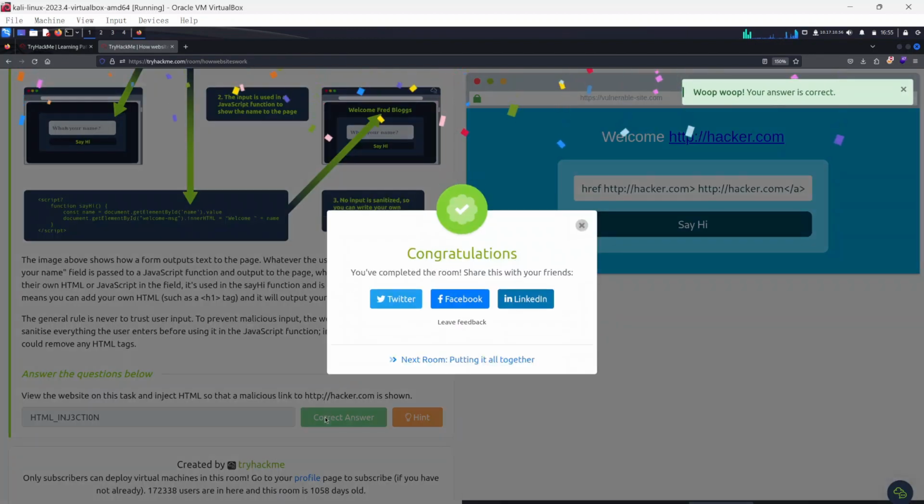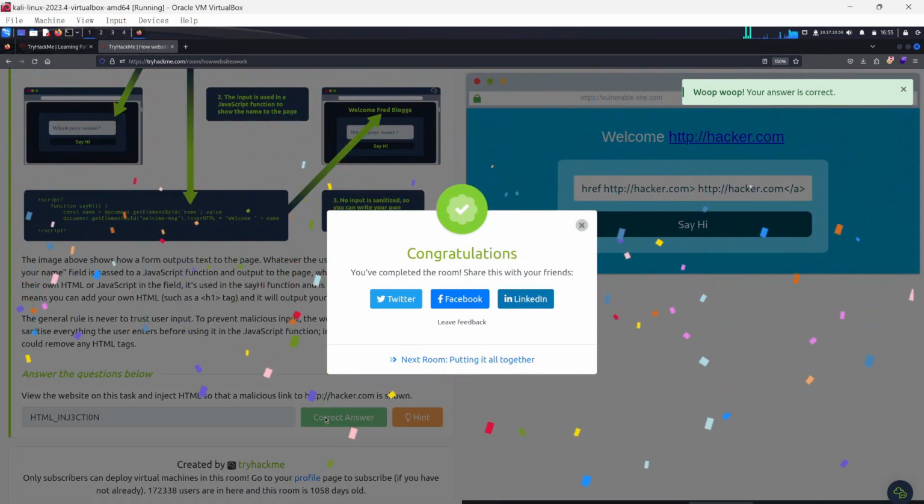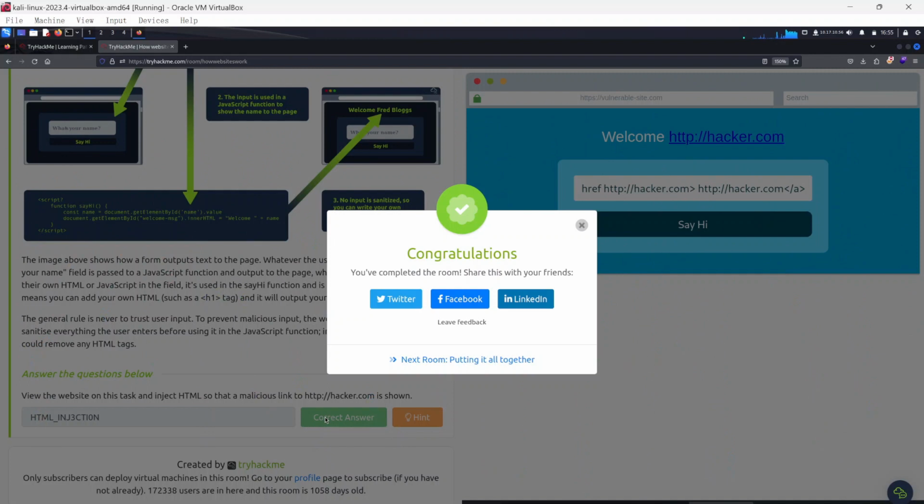And that brings us to the end of the room on how websites work. The next room will be putting it all together. That will be the end for